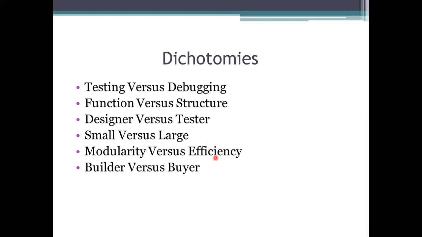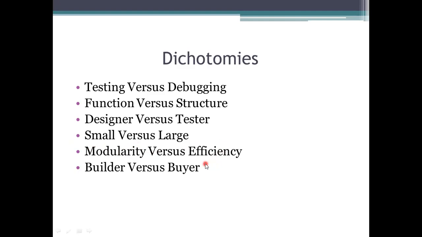That is the next one, modularity versus efficiency. If the module you are defining is very small, it is difficult to merge it. So the number of modules should be fewer. The work done by these modules has to be included in a clear manner. If required, we divide it into modules, but there is no need to divide into such small modules, because it affects the efficiency.